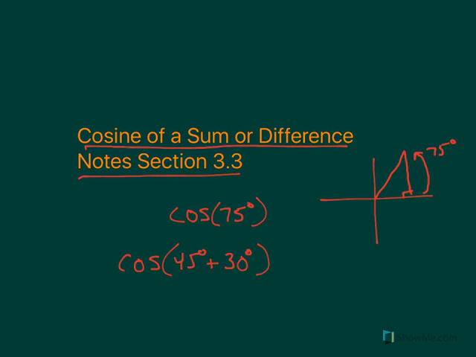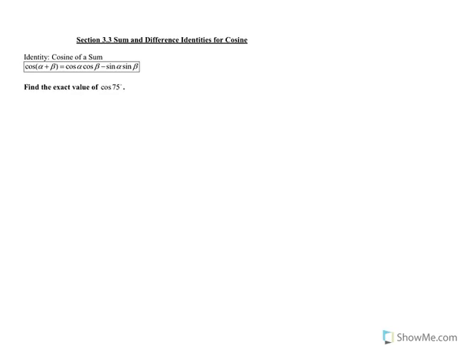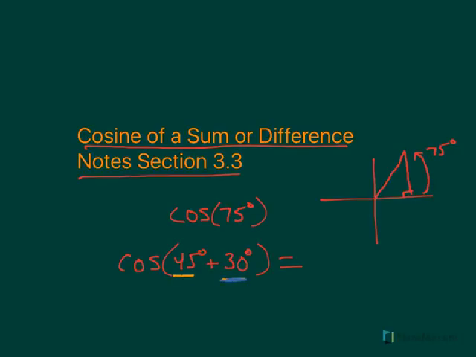We now have special angles, and there are a couple of formulas we're going to look at that will tell us how to evaluate a statement like this. So let's go ahead and look at these two formulas. The first one is the cosine of a sum. When you rewrite your non-special angle as special angles added together, in our case the 30 and the 45 being added together,